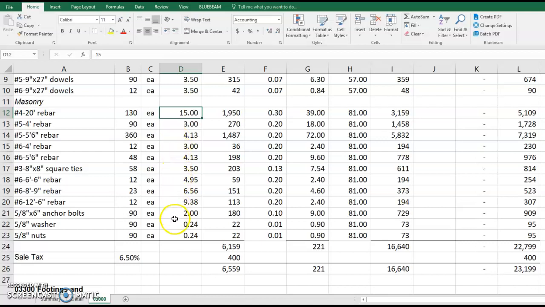We can run this all the way down. I'm sorry, let's go back up to square ties. Square ties, we're just going to do a per unit cost of those at $3.50. And then if we come down to anchor bolts, we're at $2 a piece on those. My washers are 24 cents, and my nuts are 24 cents on that. So all you do is plug in the cost per unit, and it'll multiply it by each unit, the number,